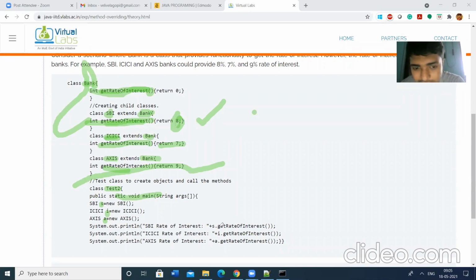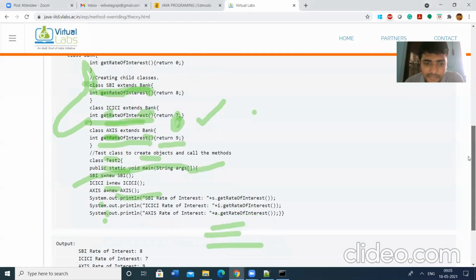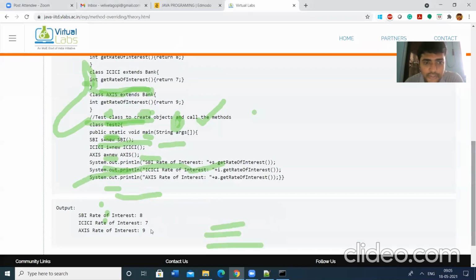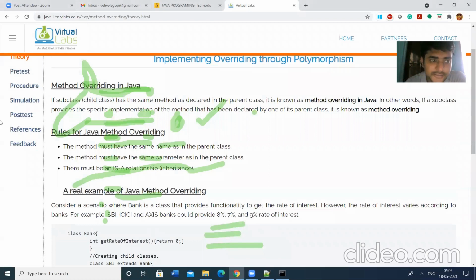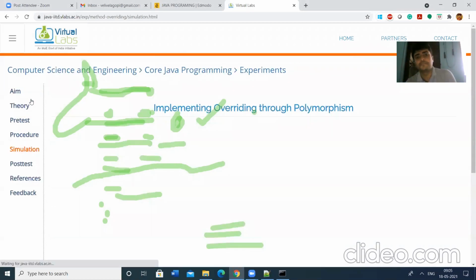He is calling s.getInterestRate, i.getInterestRate, a.getInterestRate. So three methods are called with three objects. The first output is 8, then 7, then 9. This is method overriding, where the same method can be used. Method overriding can be used in inheritance only. So let us simulate this example.